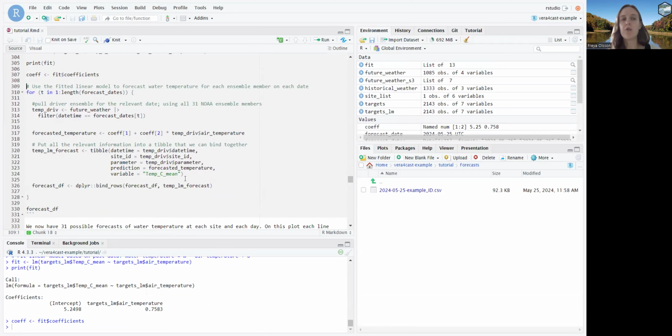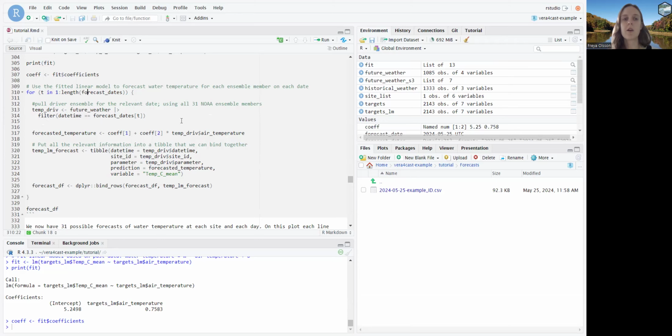To actually generate our forecast, we're going to use a for loop that's going to loop through each of the dates that we need to make forecasts of. So for every time step from 1 to the end of the forecast dates, we're going to filter the future weather based on the date that we're trying to forecast.